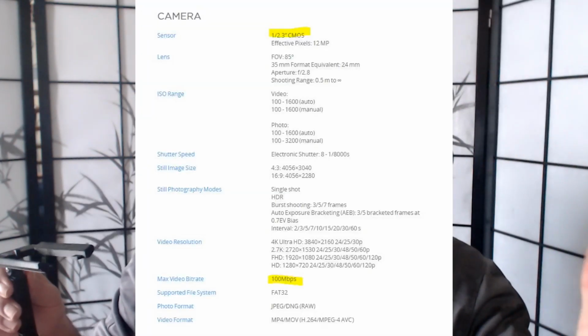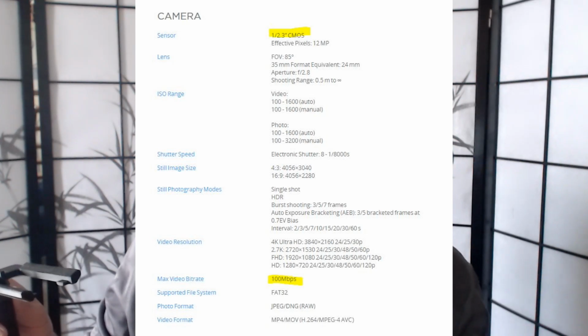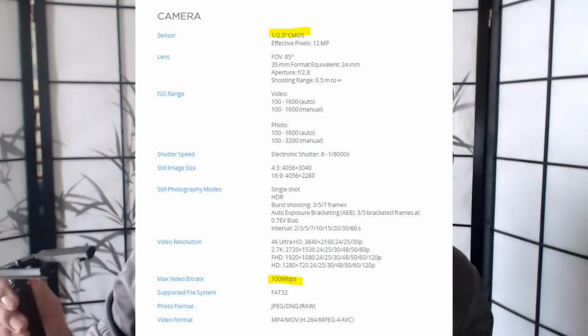The DJI Mavic Air can shoot 4K at 100 megabits per second, and I think the Autel Evo can too. Mavic Pro, 60 megabits. And the other thing is the DJI Mavic Air has a higher frame rate, 120 frames per second at 1080p. The DJI Mavic Pro is 90 frames per second. Okay, but